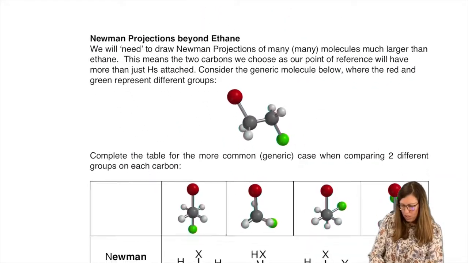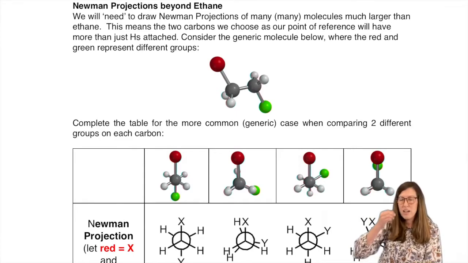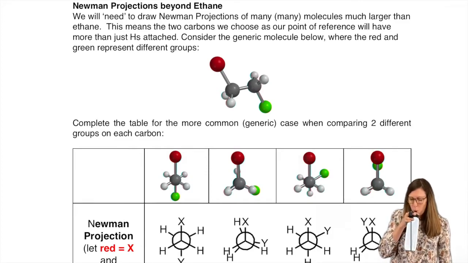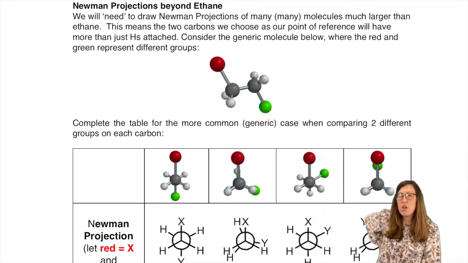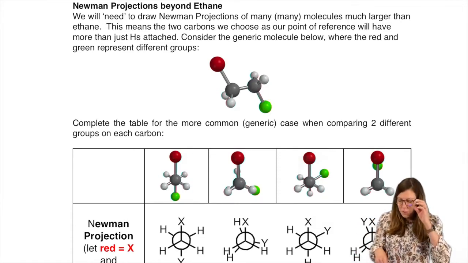So ethane is by far the simplest case scenario, right? When are we ever going to have only H's attached? We're usually going to have another group. It's a good one to start with just because it's a difficult concept at first, but it's time to transition to the next level. So first we're going to establish a generic template, and then we'll do another real example with a bigger molecule. Let's look at this molecule.